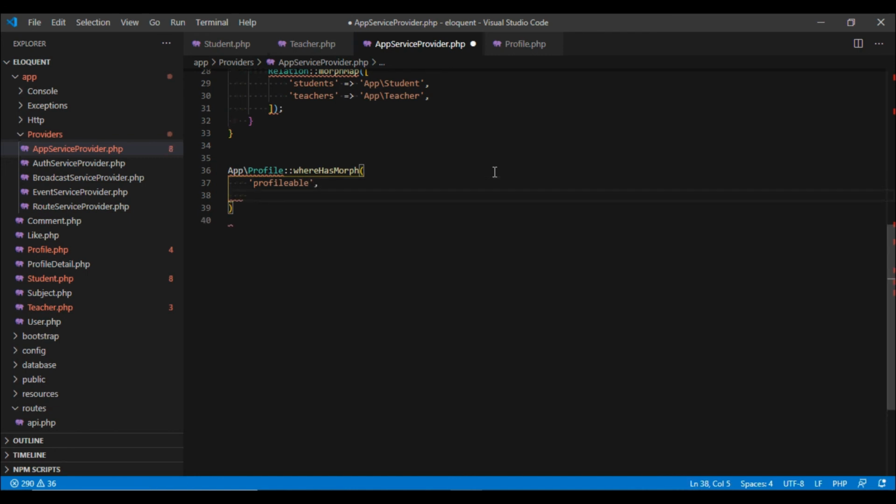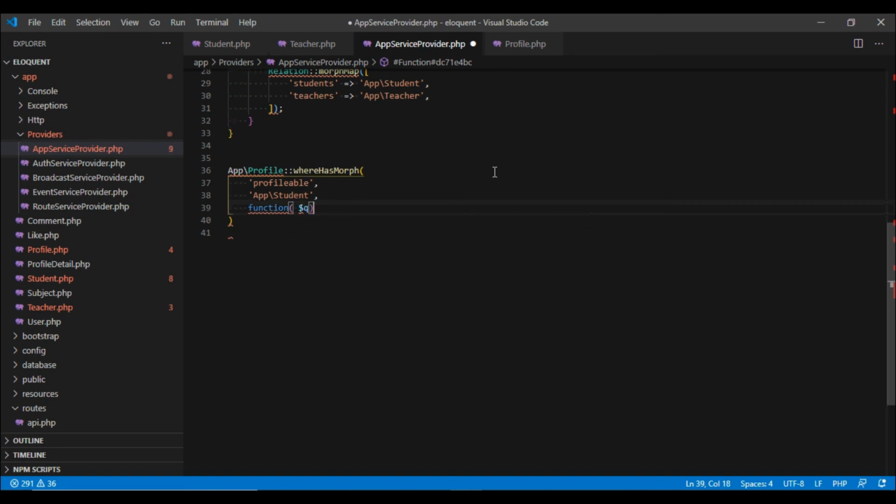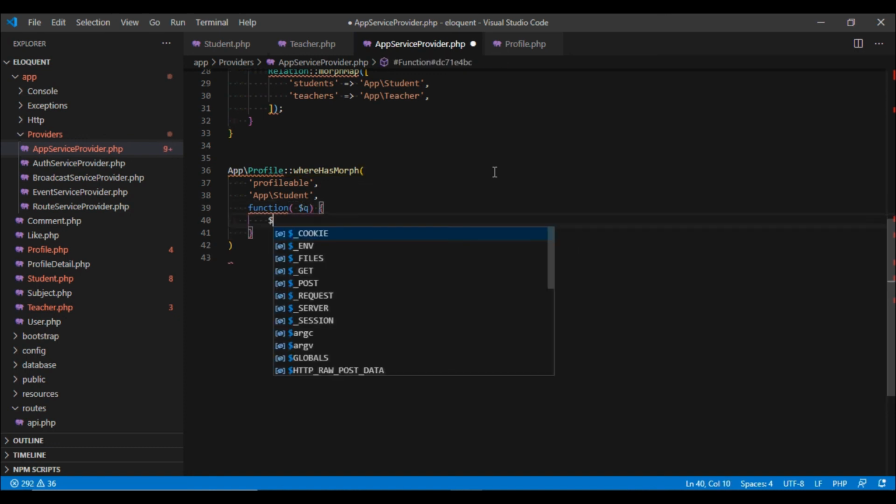Then second parameter, we are going to tell it to fetch student. So we are going to pass it student. This way it would not search for the teachers, it would only search for the student. And finally we are going to pass a closure, which would have our query.